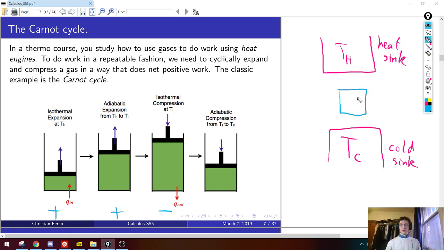So this is again no heat exchange with the environment. I'm going to push it a little more, compress it a little further when it's not touching the cold sink. So again, I lose some energy there. But the point is that this thing is cyclical, so after this last adiabatic compression, I can bring it back against the heat sink and do this whole thing again. And again, we'll calculate precisely how much work I put in or lose at each of these steps, and I'll show you that the net amount will be positive.